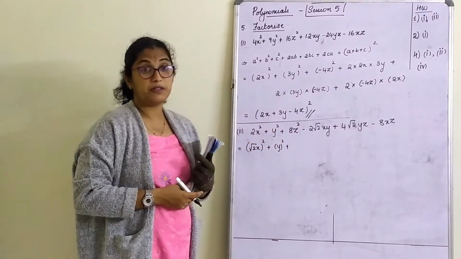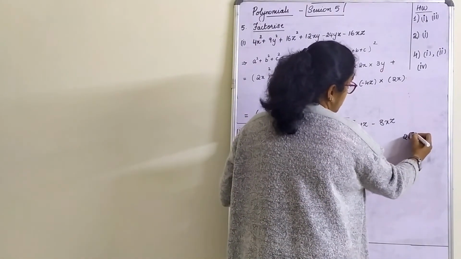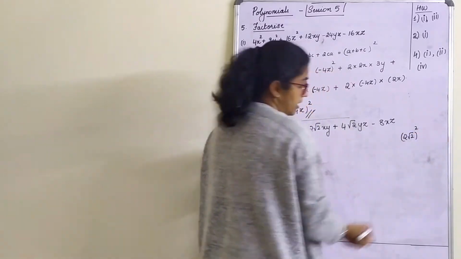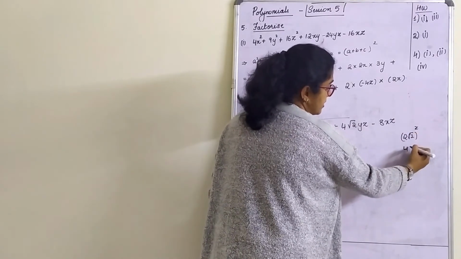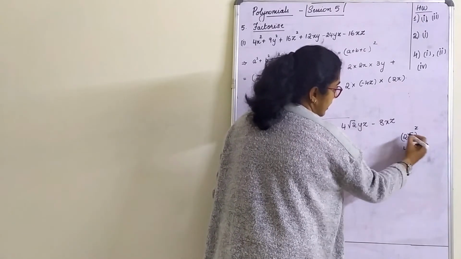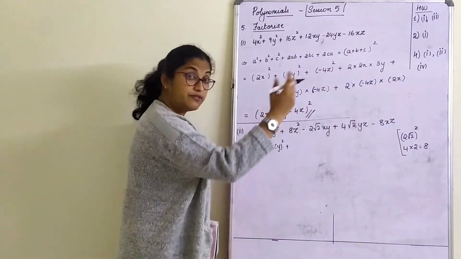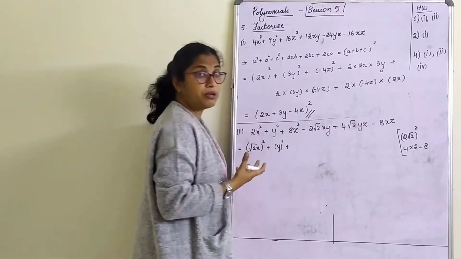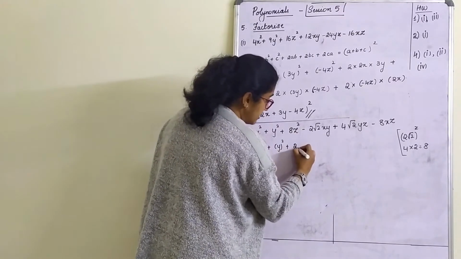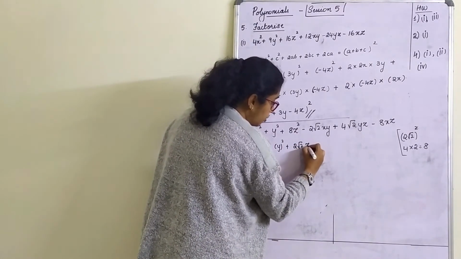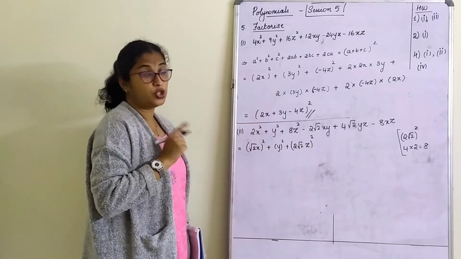Now 8 is also not a perfect square. To write this, I will write 2 root 2 whole square. Why? Now 2 square is 4, root 2 square is 2, answer is 8. Yes? If you want, you can write that in the working column for your clarification, because now you remember, because I have taught it. Later you will forget. So 8z can be written as 2 root 2 of z whole square. Please be very careful with your z and 2.